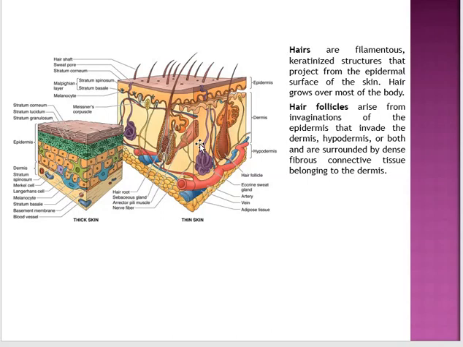And finally, the appendages of the skin. They are the hairs, then the sweat glands. Here we are looking at the sweat gland. Its secretory portions are located in deep layers of the reticular layer of the dermis, and the sebaceous glands are located at the junction between the papillary and reticular layers, and the sweat gland ducts open onto the surface of the epidermis